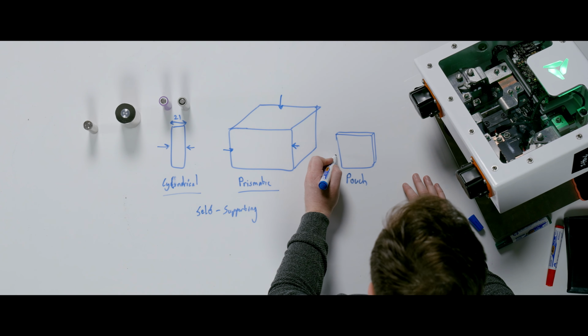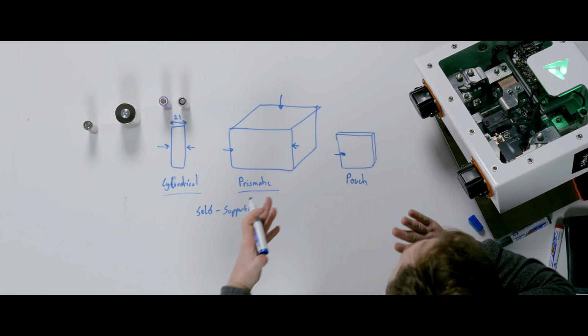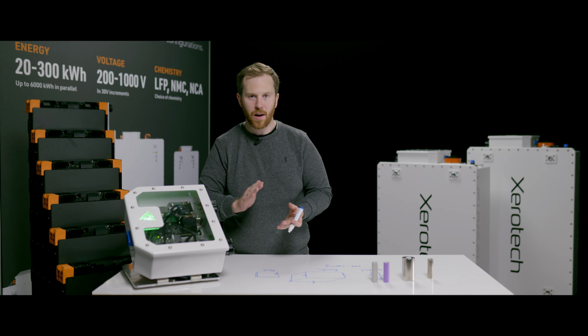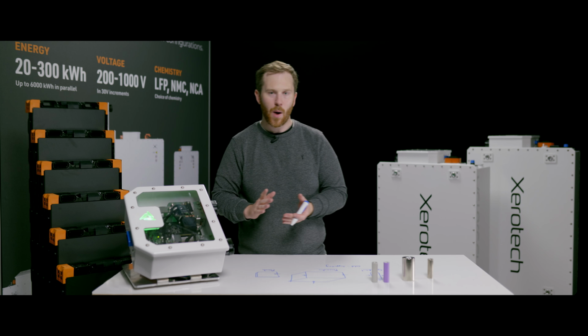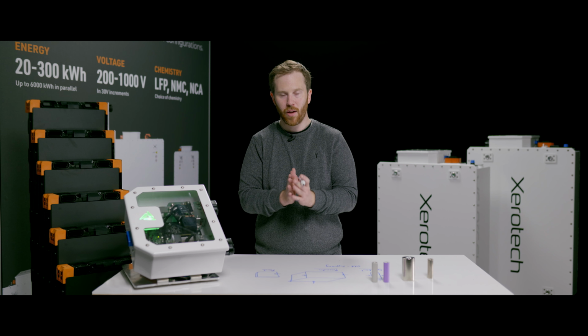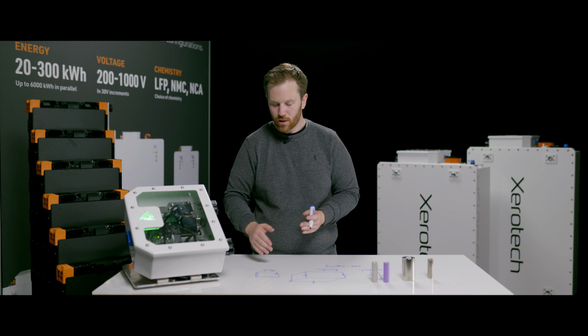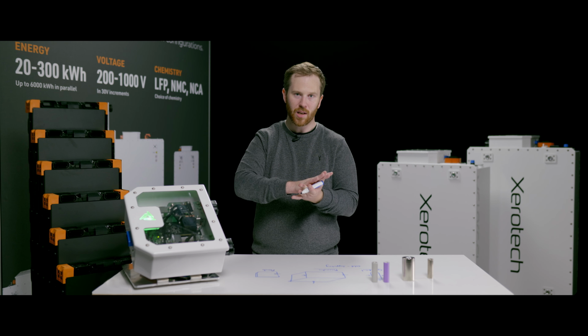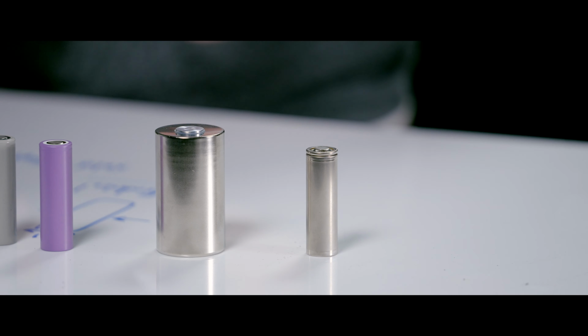The pouch cell needs external force to push it together, because when the battery is in operation, it wants to expand and contract and swell a little, and what that can do is cause the electrodes to disconnect internally. So you need to apply active force onto pouch cells. You need to design an enclosure that keeps them restrained and contained.